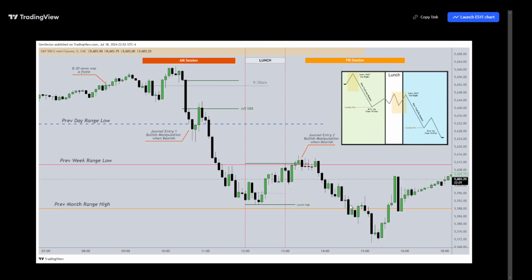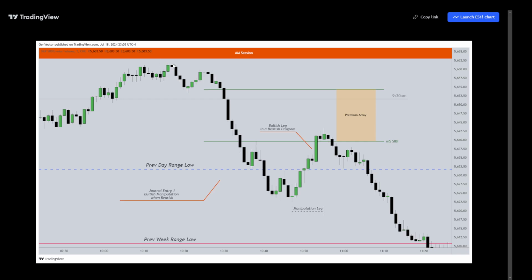Once we sweep the previous month's range high, then we actually get a market structure shift of some meaning before revisiting the previous month range high and then shifting higher. Now that's all great, but how do we get in? So